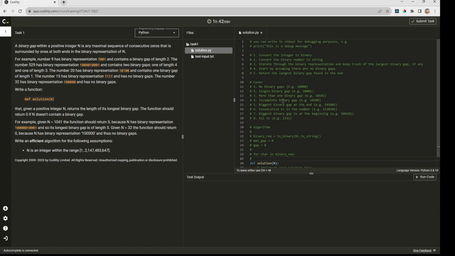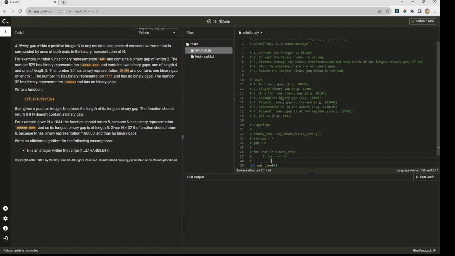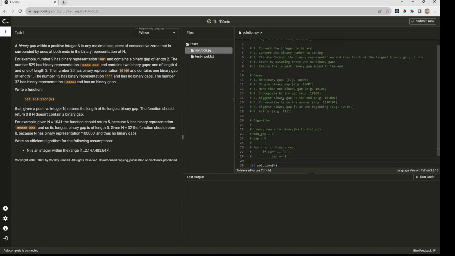And we want to know that if the current char is equal to 1, then we want the gap, or if the current is 0, gap plus equal 1, else